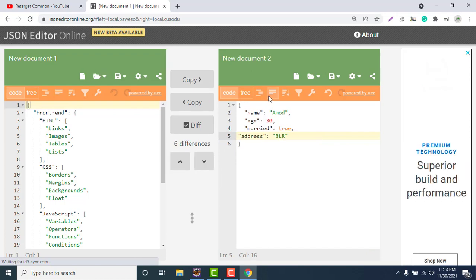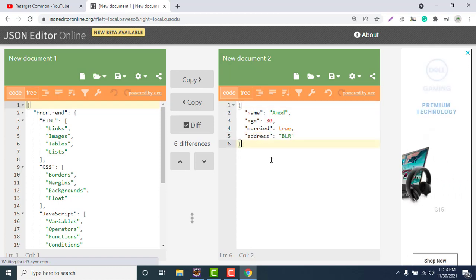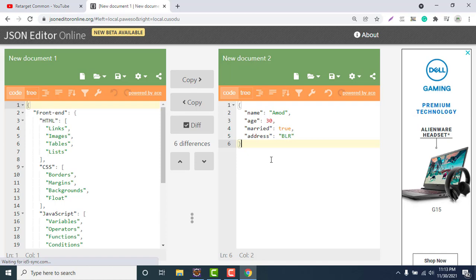Let me format it. So we have a very simple payload like this, consisting of name, age, married, address. I intentionally put it like boolean, string, integer.